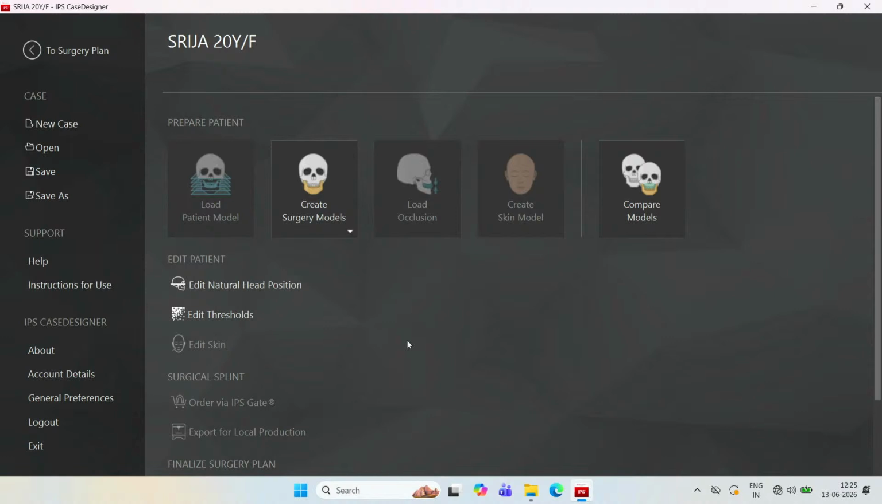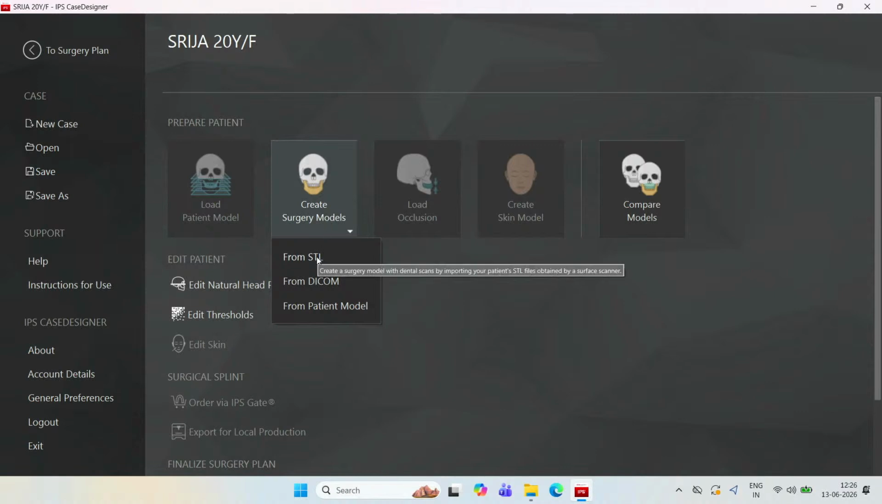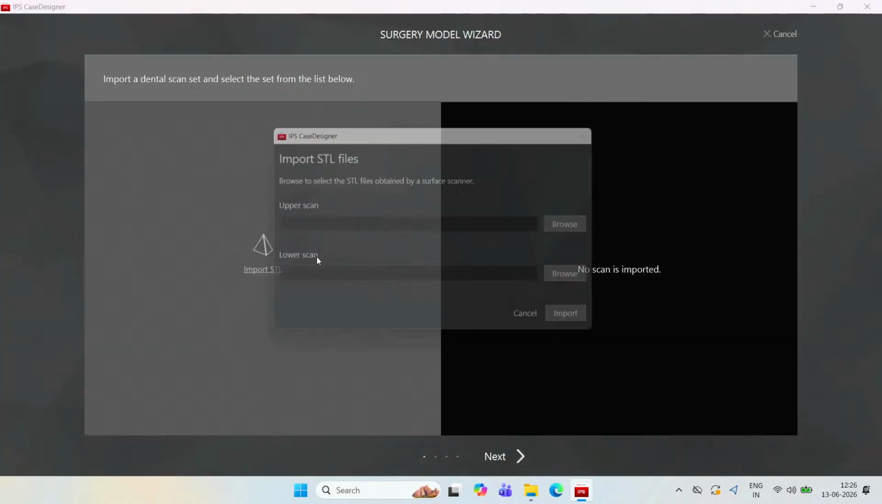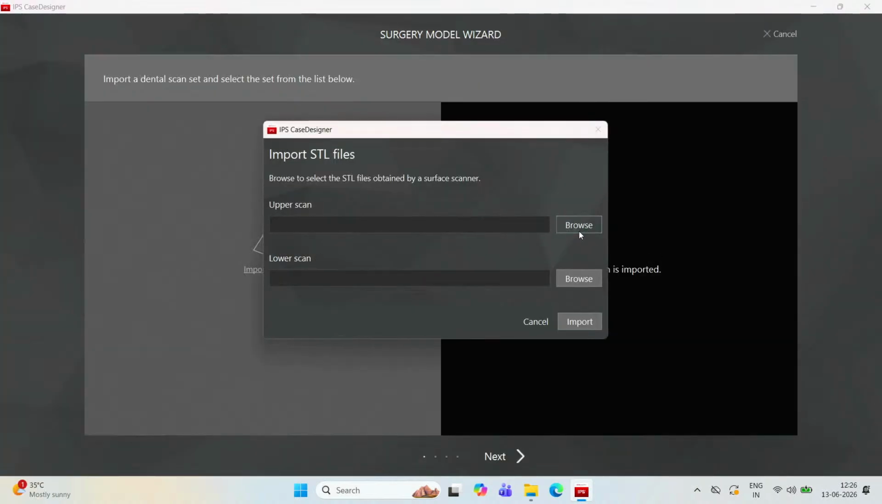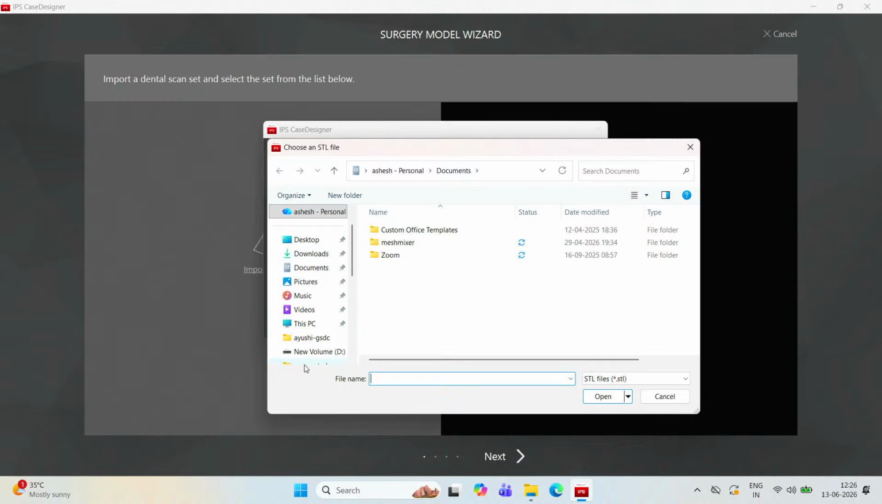So now we are done with uploading the DICOM files of the patient. The next step is to create the surgical models. The upper maxillary and the mandibular scan, we have it saved as STL file. So you can select the option of from STL from the drop down box